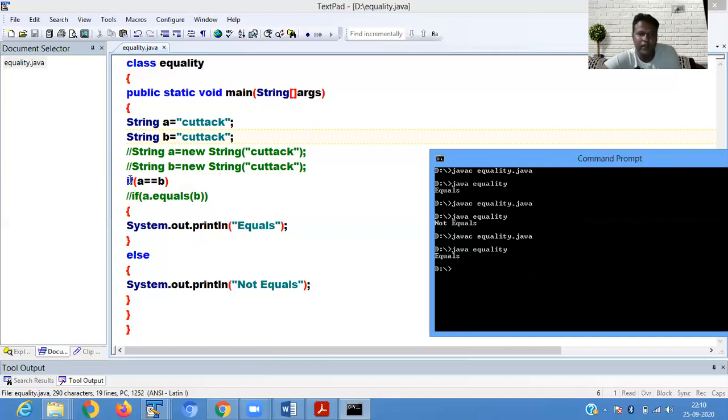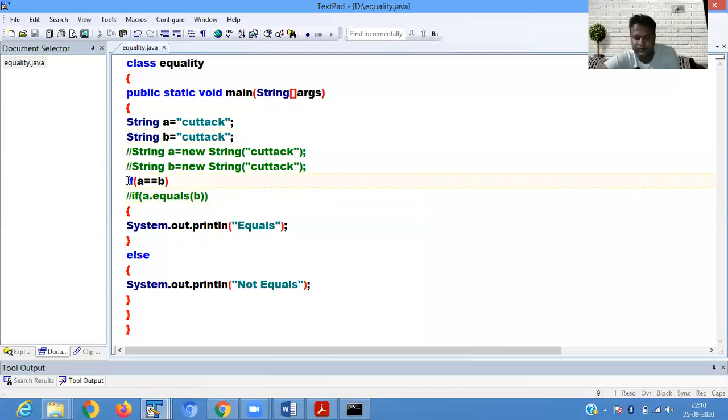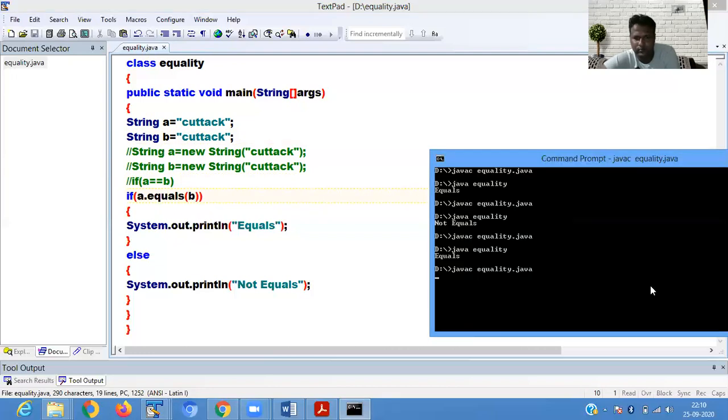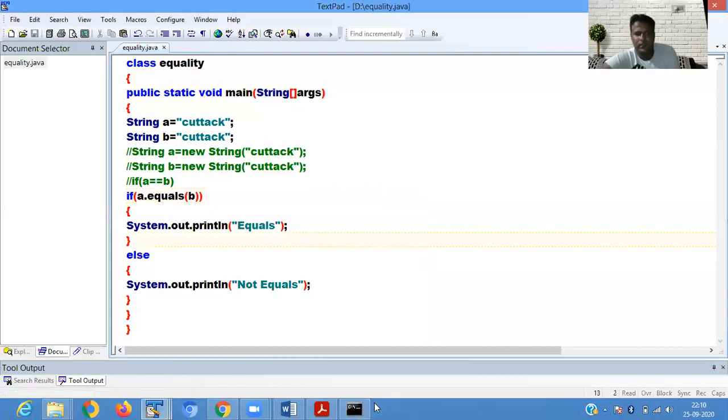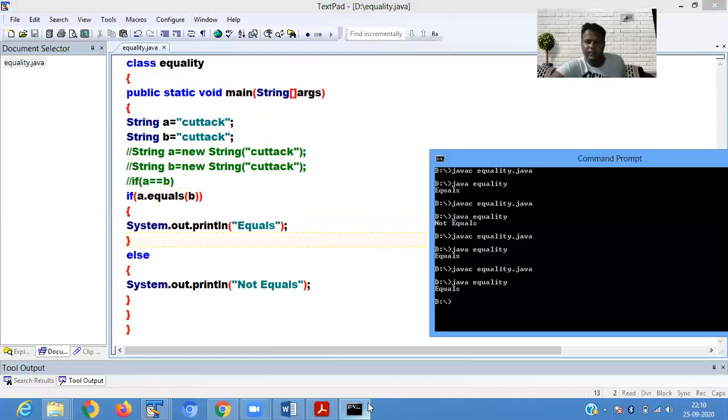Now check what happens with the equals method. Then it shows equals. Okay, that is all about the equals method and the equal operator.